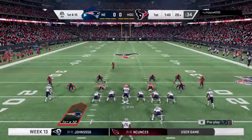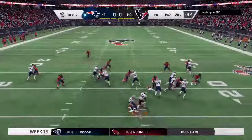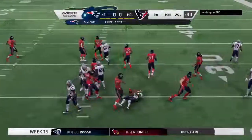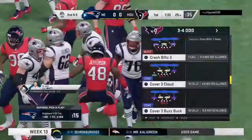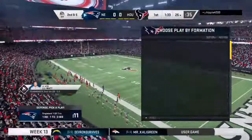So Brady and the Pats take over first and 10 at their own 20-yard line. Now the leading rusher for the Pats last year is a rookie, Sony Michel. And he'll be upended after a gain of 5, up to the 25-yard line. 5 yards on the carry. Good pickup on first down. Second and 5 at the